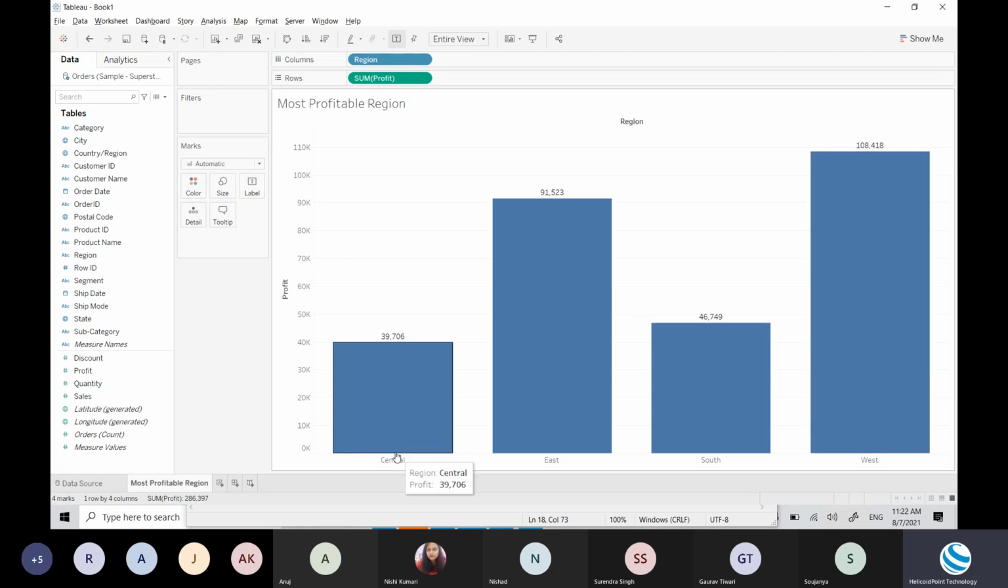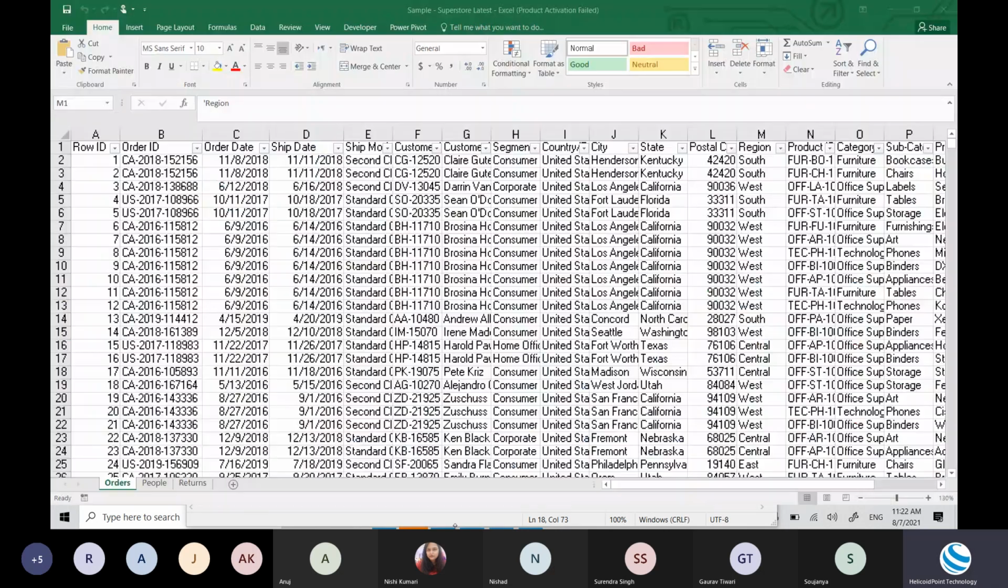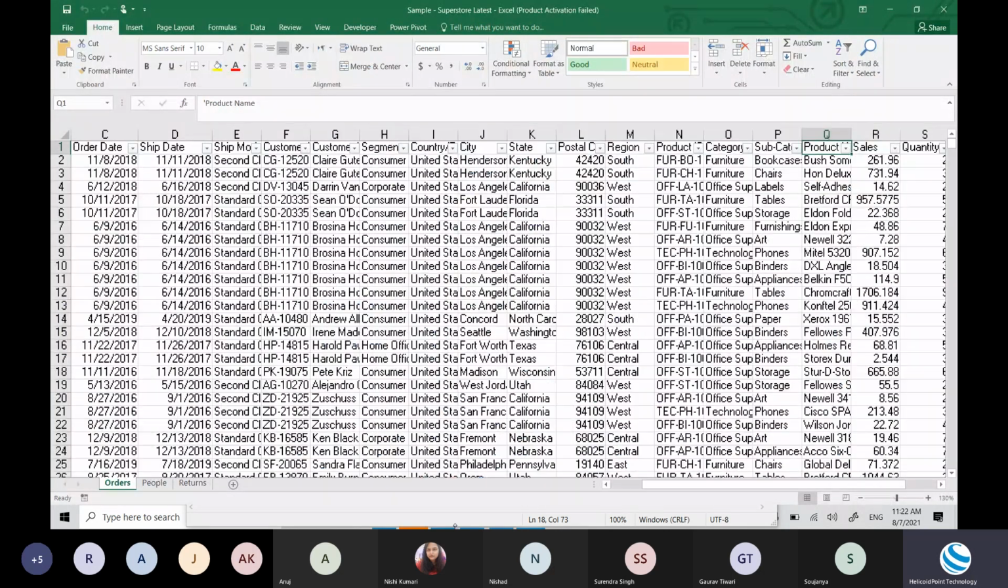Thank you. So four regions are there: Central, East, South, and West. This is giving you the overall number. But suppose the user is also interested to see the information segment wise. So what is segment here? If I take you to the Excel file,